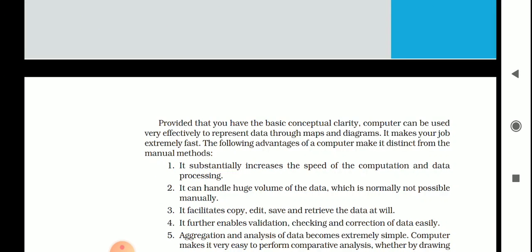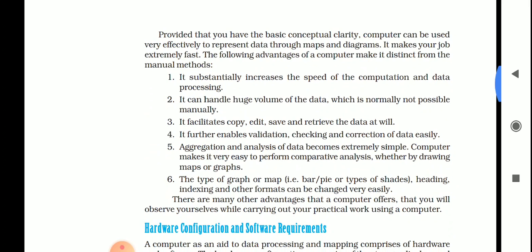So we have the following advantages of computer which make it distinct from the manual method. First, it substantially increases the speed of computation and data processing. Okay, increase the speed. And second, it can handle huge volume of data.